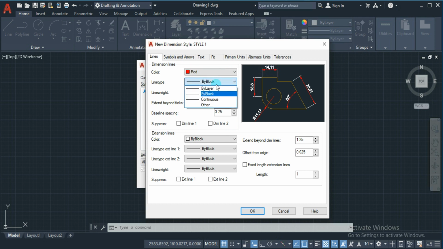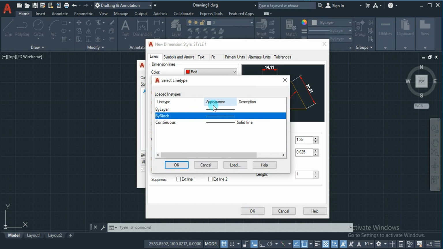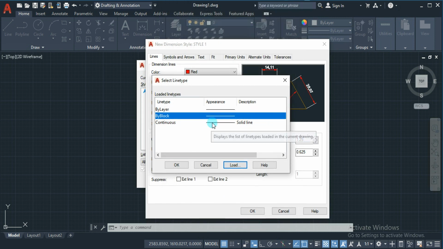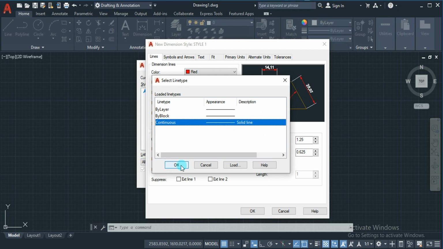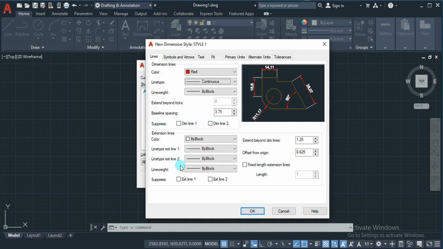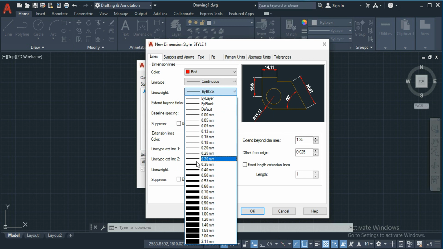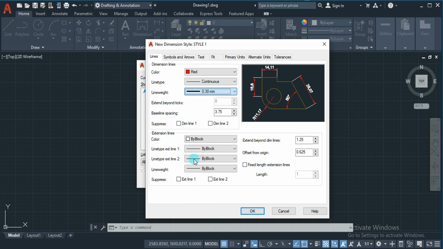And if you wish to change the line type, so if you want to go for like dotted line, hidden line, dashed lines, etc., you can choose from this list. But generally for dimensions, we are going to use continuous only. You can keep either continuous or by layer. Anything is okay. And here we are going to have the line weight option. So line weight is nothing but line thickness. Already we have discussed in properties video. So if needed, you can adjust the thickness here. Just it should be less than the object thickness actually.